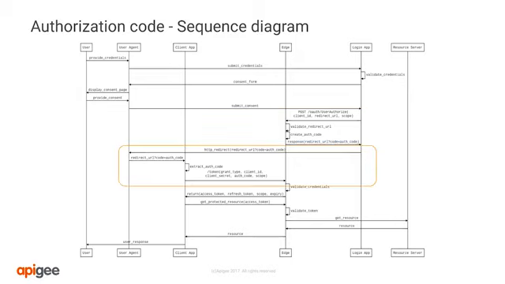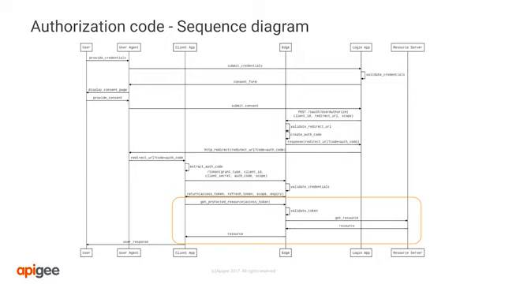The login application forwards the request back to the user agent, which forwards the request to the client application. The client app extracts the access token from the request and caches it. At this point, the implicit grant flow is complete. Next, we'll talk about what happens after the client application receives the access token. Once the client app has the token, it can use it to access the resource server.